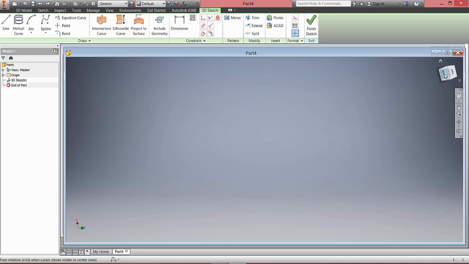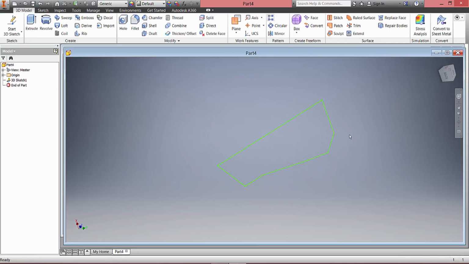Okay, let me just undo that and draw some lines to show how we can now use this to create something. So let's say I had some lines over here and some lines over here, and then I connect it back like this. What we can do with this shape, if you can call it that, is sweep across it. To sweep, click on the plane tool and click at any point twice. 1,